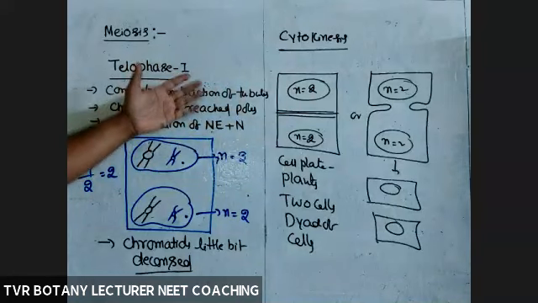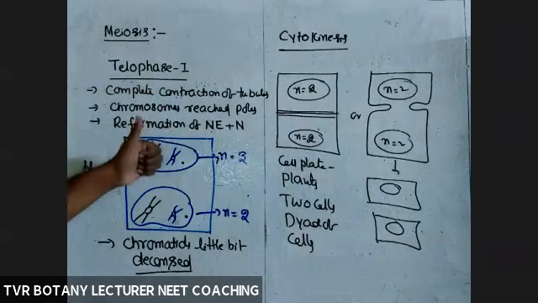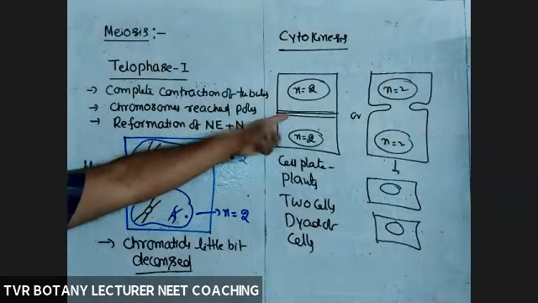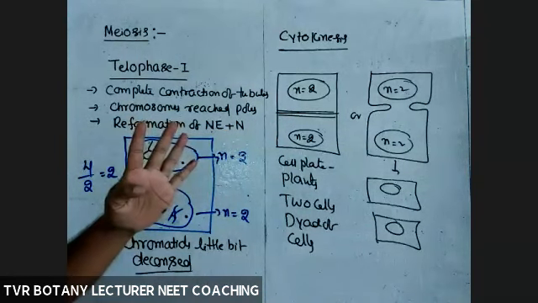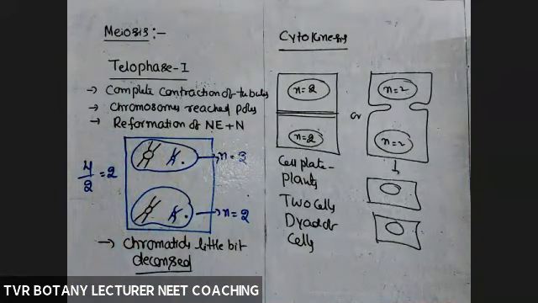Please look into the flow chart. On Saturday, I gave you each and every step. We are in the middle of meiosis. Meiosis 1 completed. Meiosis 2 pending. We will see meiosis 2. During meiosis 2, these two cells are converted into 4 cells. Tetrad. Wait till the completion of meiosis 2.